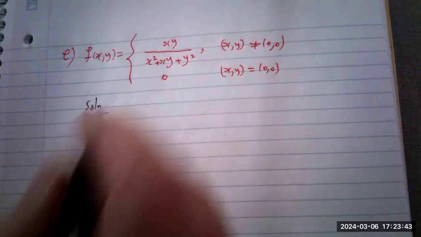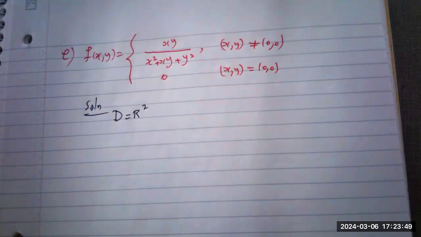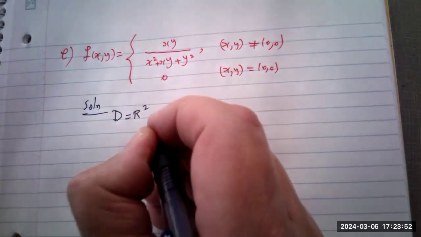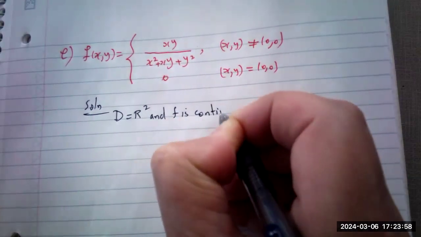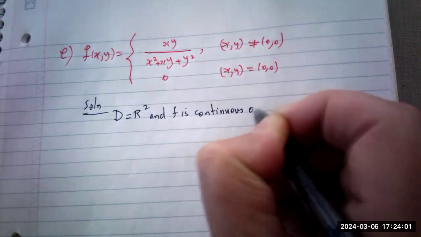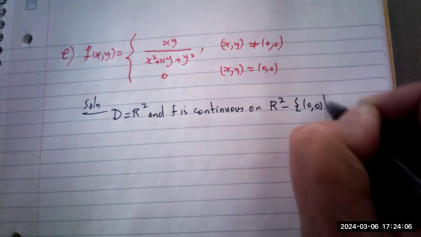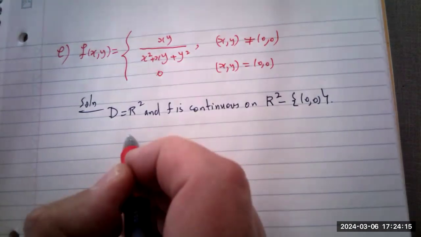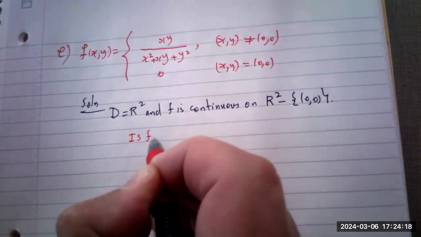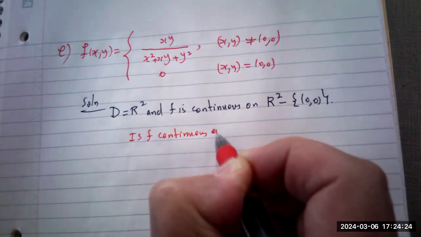Again, the domain is R2, and f is continuous on R2 minus 0, 0. So that would be your first interpretation. What's the question? The question is what would happen at 0? Is f continuous at 0, 0,